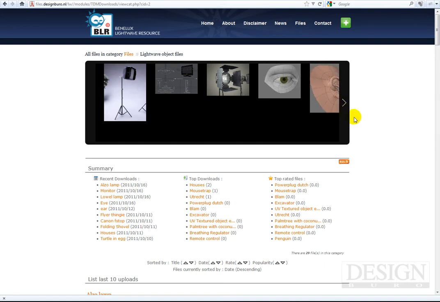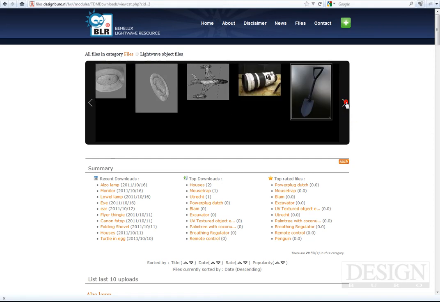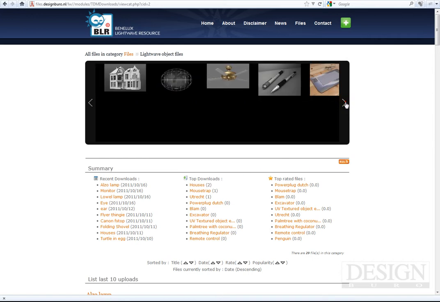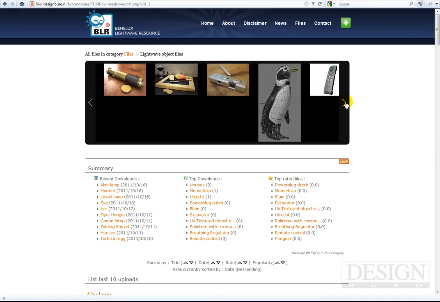Now we've tried to build up the website for easy browsing and quick searching, so that if you're looking for something particular, you can find it really easily. What we've done is put all the files that are in a category on top in a kind of carousel, so you can quickly go through all the thumbnails that we have for the objects. And keep in mind, this object is a render with a full texture on it, but if you download the object, there's a chance that there are no textures, so it's untextured. But sometimes it is textured, and if you look at the details of a file, and we'll do that right now by clicking on this one,